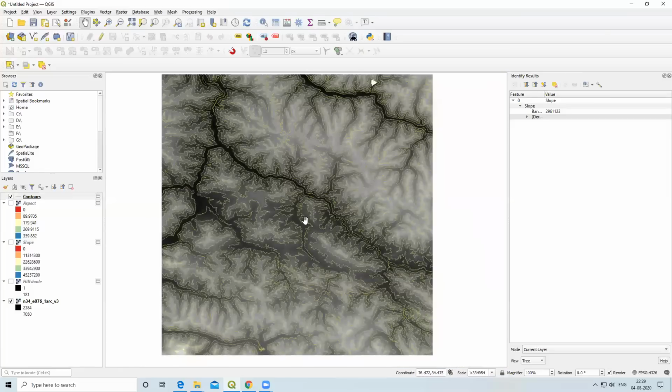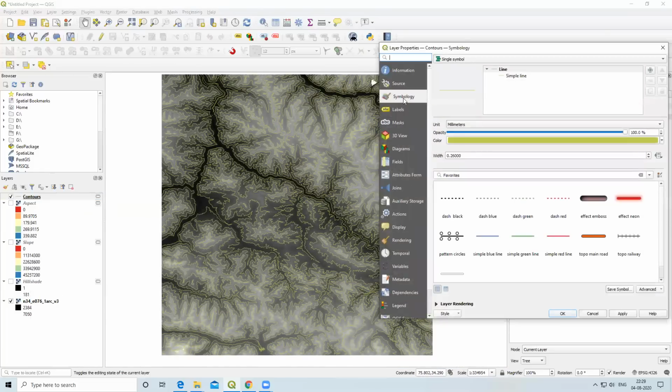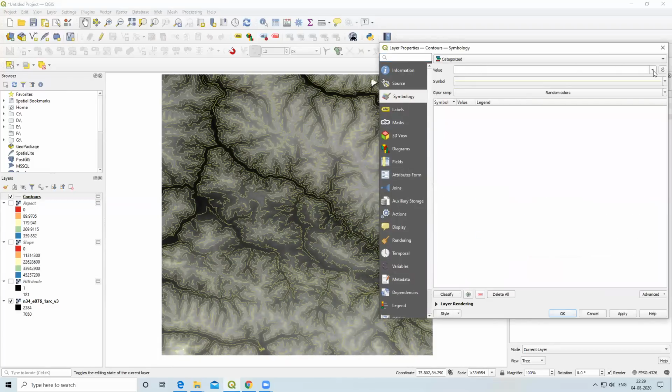For better contour enhancement, I'll go to properties and symbology, categorize, and select elevation as the value, and then classify. All these values you can also observe in our attribute table.